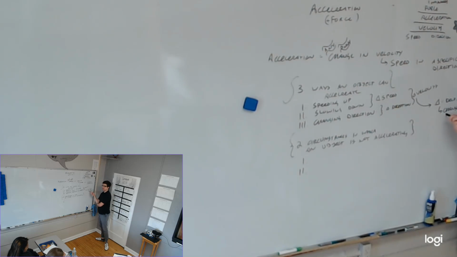The delta in physics, this symbol means change in a quantity, and so whatever quantity follows it. So this is kind of a little side note. Here's the side note box. If I have delta lowercase t, what does that probably mean? Delta time. Yeah, so change in time. Remember, delta means change in, so change in time. What if I have delta capital T? If we know it's still going to be change in, what would capital T be? Temperature. Very good. But the delta of any variable is change in that variable.